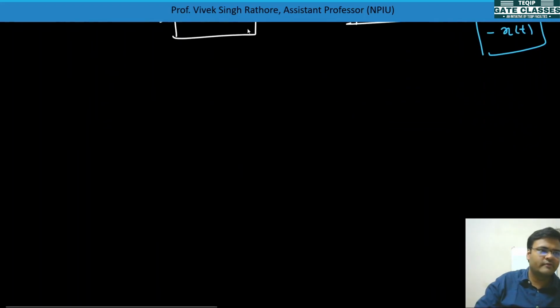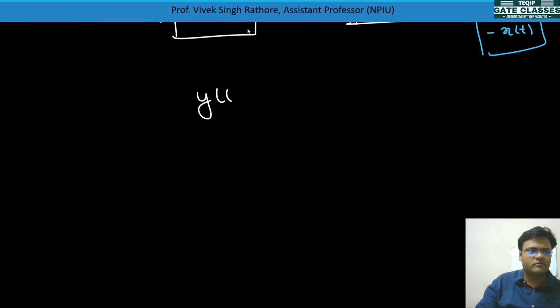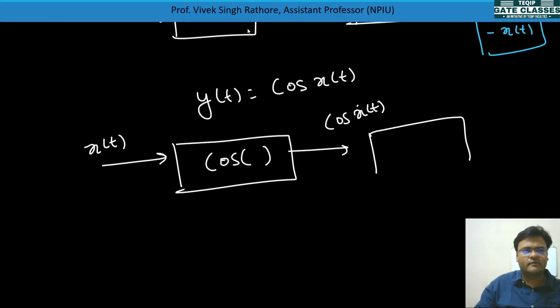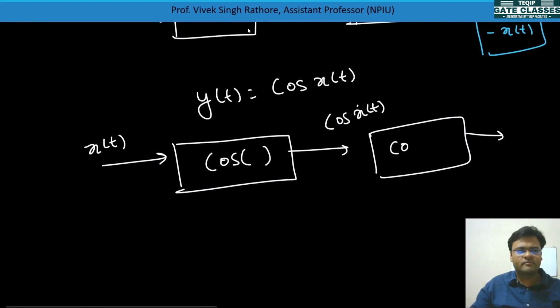One more question we can discuss: y(t) is equal to cos of x(t). Now you'll see this system, x(t) you are giving, and it is just doing cos of input. So we are getting cos of x(t). If we take a system with some cos inverse, you must be thinking that you will get x(t), but we won't get exactly the same unique x(t), because